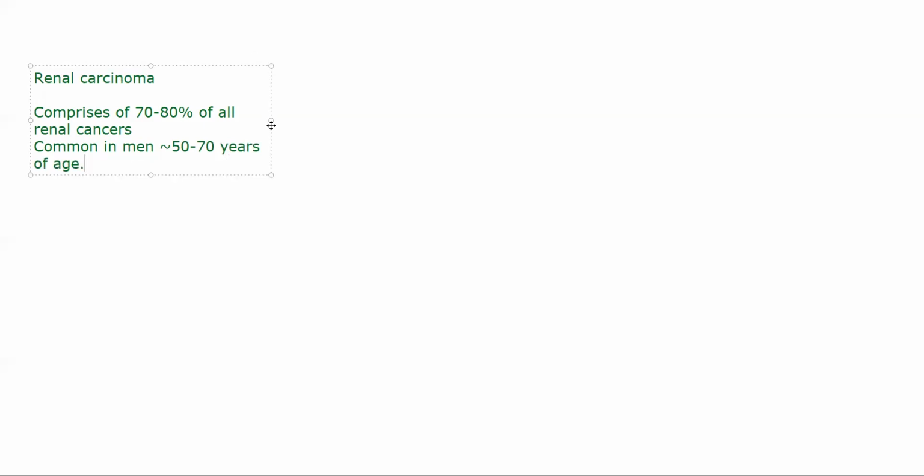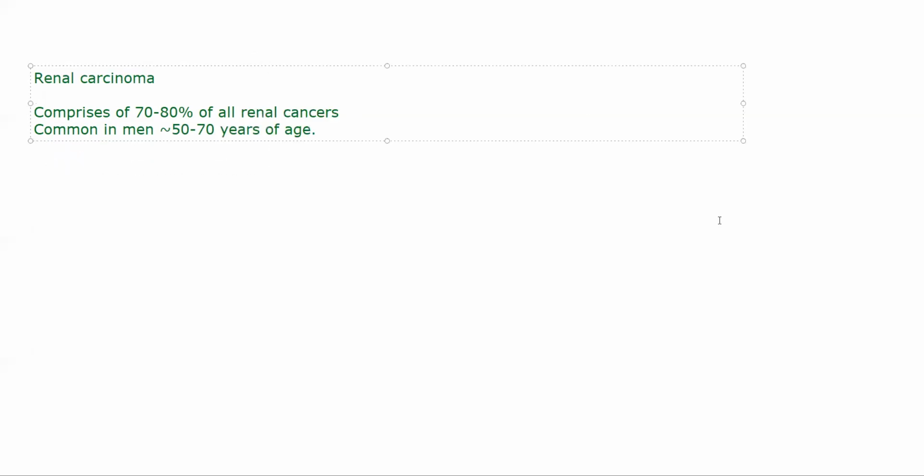Okay, so this is the basic introduction of renal cell carcinoma. How is it happening? Even though the etiology is somewhat vague, there are a few factors that play a role in causation of renal cell carcinoma. Those include tobacco, either chewing tobacco or smoking tobacco. So I'll just write it as etiology.